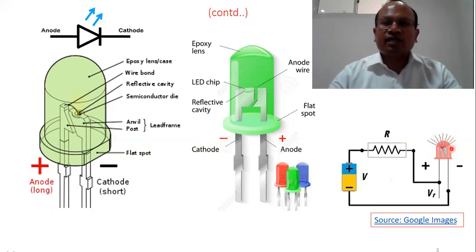So we all understand that when there is series resistance, there will be some drop of voltage. The same current will enter, but the effective amount of voltage which will appear across the LED will be less.